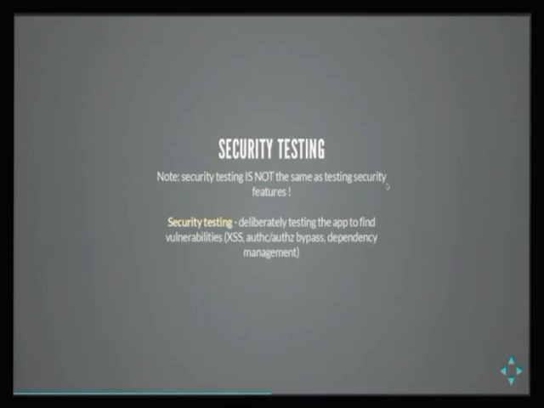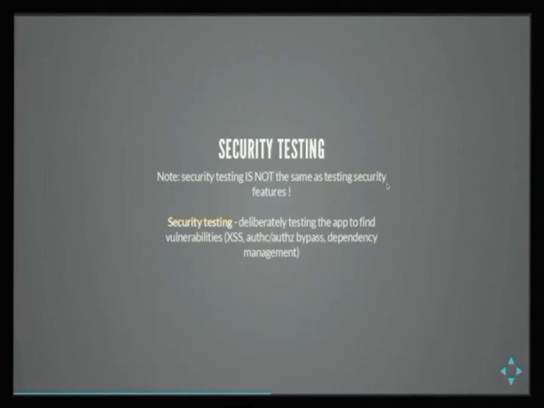So I like the example of RBAC in a web application. If you implement role-based access control, you usually want the roles to be authorized per role, and if the RBAC fails and users from one role can acquire more permissions than they should have, that's a bug in a feature, right? That leads to vulnerability. However, when we are security testing, we also deliberately try to find vulnerabilities in a feature. So we shouldn't stop there.